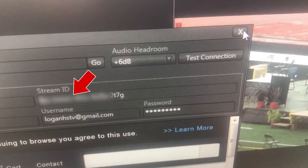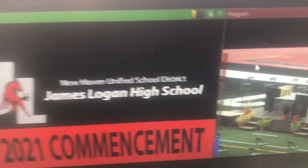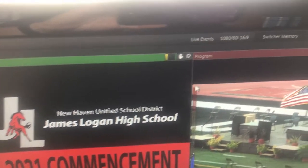So here is the stream key. You want to make sure that matches what you have when you've set up your event. It shouldn't be changed, but if for some reason it's not working, that's where you have to double check the stream key. Once you've got that, you can close this window, and then in order to test it at YouTube,